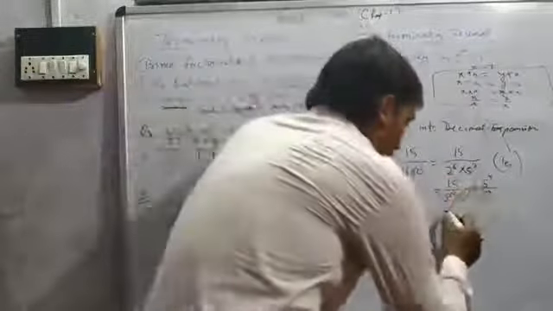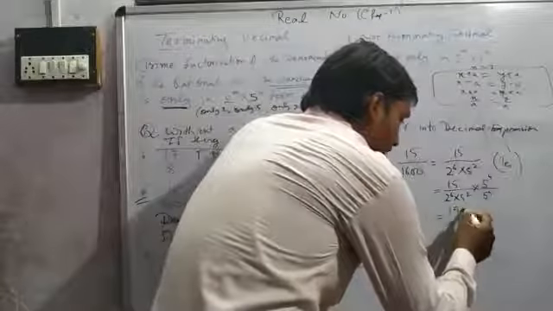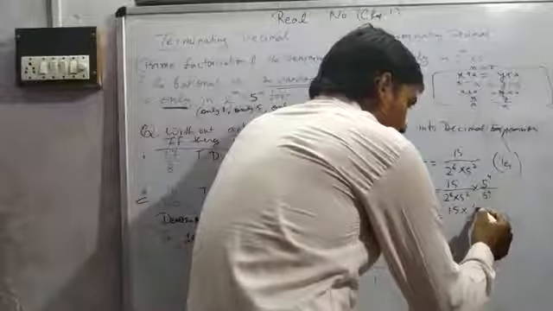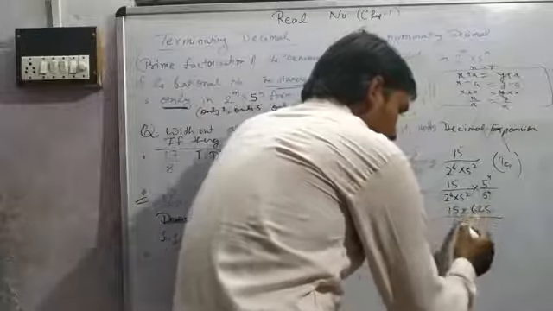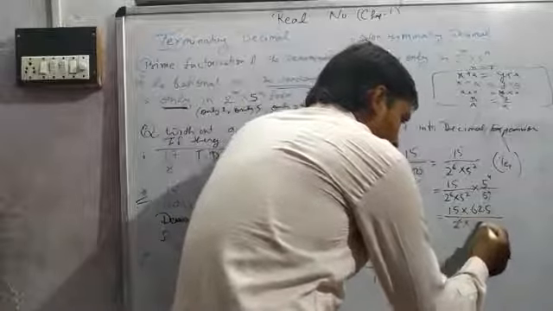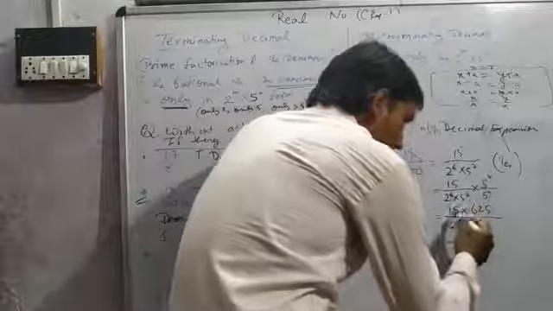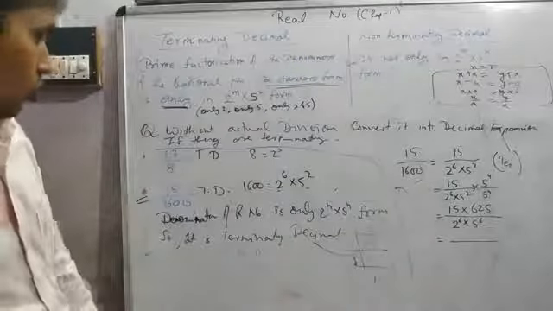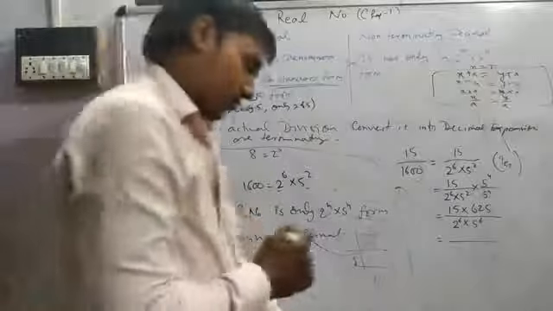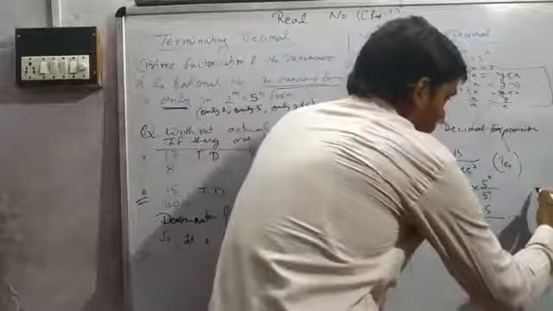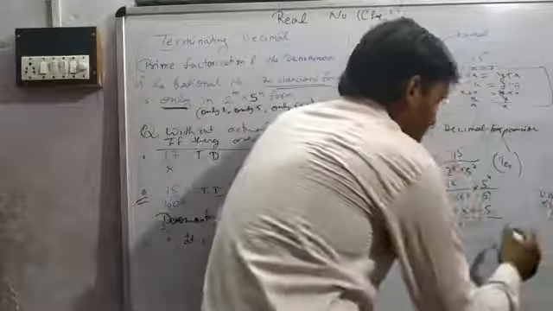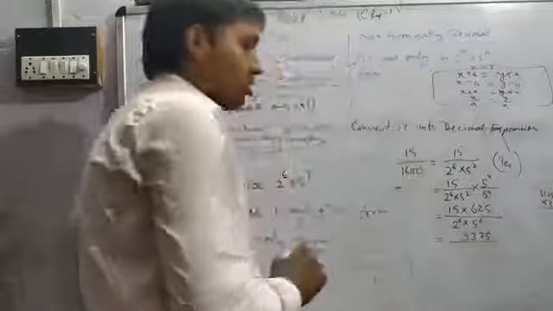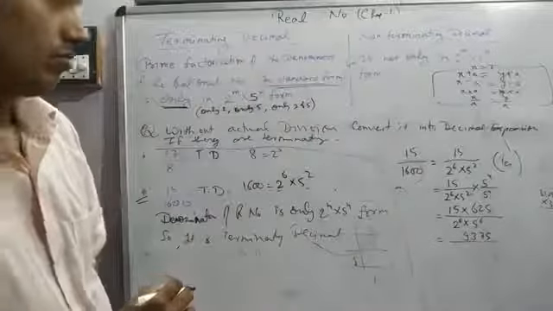Then what you get here? In the numerator, 15 into 5 to the power 4, which is 625, can be solved. And here 2 to the power 6 into 5 to the power 6. You know that 15 into 625, multiply them. So 3125 into 3, 3125 into 3 means 9375 upon